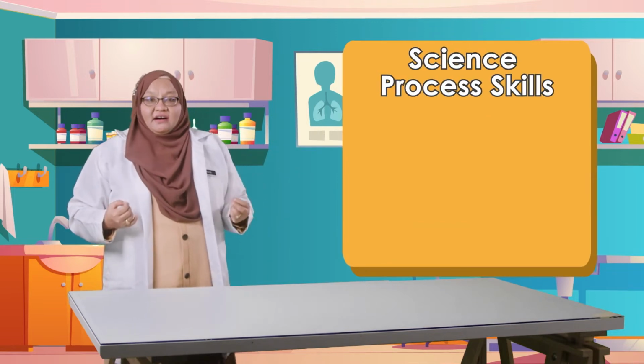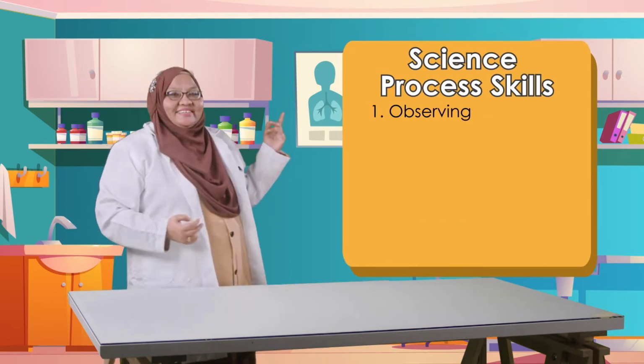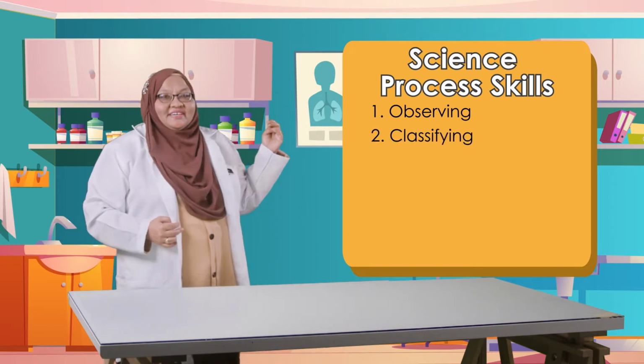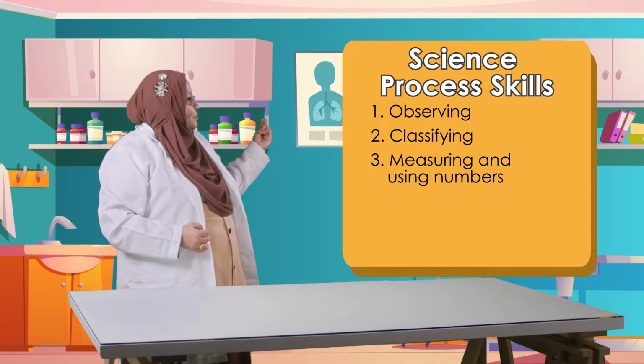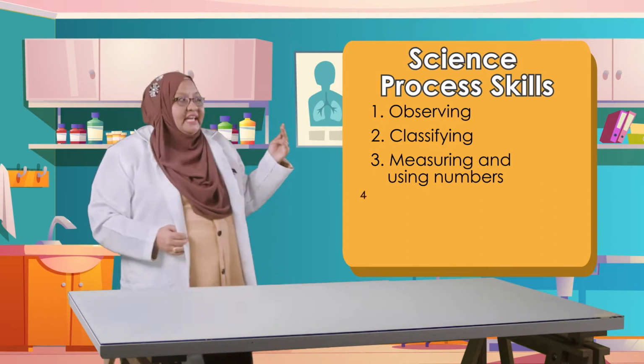Pupils, do you still remember the science process skills that you learned in primary school? Let's review them one by one. There are 12 important science process skills in a scientific investigation. Can you differentiate each skill? To make it clearer, let's revise all the skills together. The 12 science process skills are 1. Observing, 2. Classifying, 3. Measuring and using numbers, 4. Making inferences,